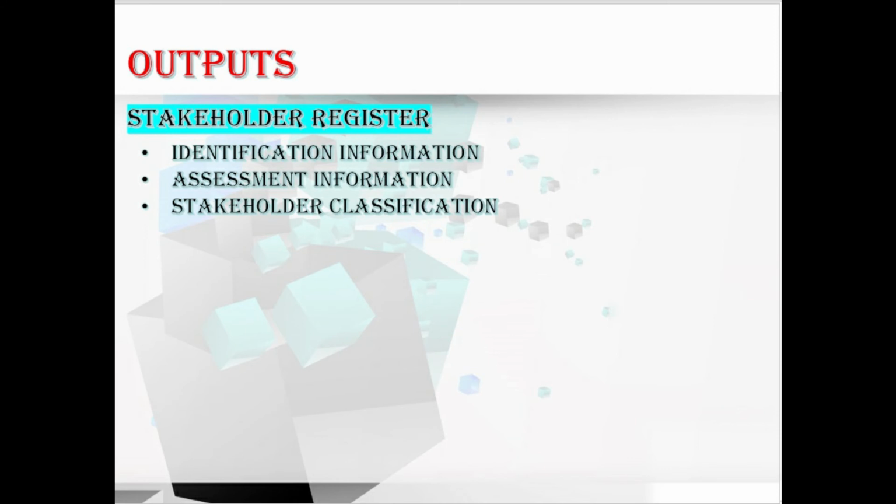Coming to the stakeholder classification, that includes internal and external, impact or influence or power and interest, or upward, onward, outside, outward or sideward, or any other classification model chosen by the project manager. This is about the stakeholder classification. Okay, hope you now understood the first output of the identify stakeholders process, that is the stakeholder register.